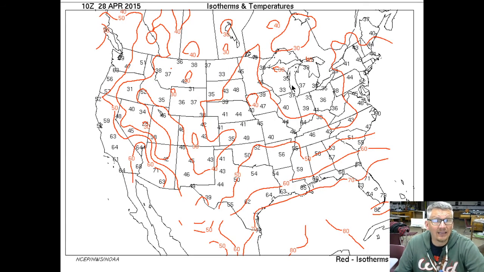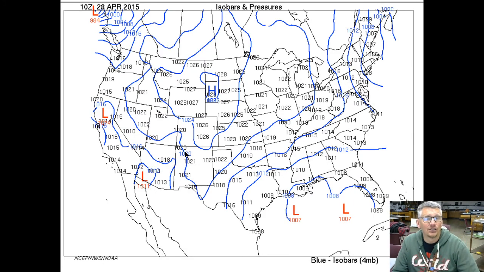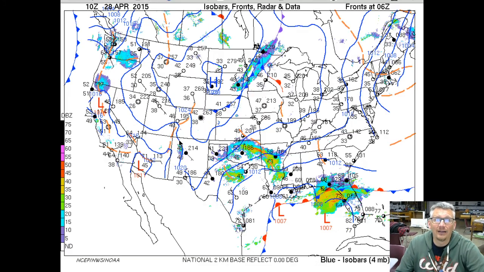And then we have things called isotherms. So if you walked along this line, all the way along that line, it should be 40 degrees. We'll talk about isotherms a little bit later. And here's our isobars, and we'll come back to those again. And here is a map that has everything on it. So this is our intro to weather maps, and every day we will be taking